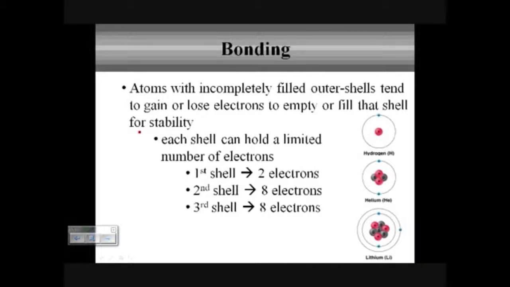So when the outermost shell of electrons is not completely filled, that's when bonding is going to take place. What we're really looking at, and what we're really paying attention to with bonding, is the outermost